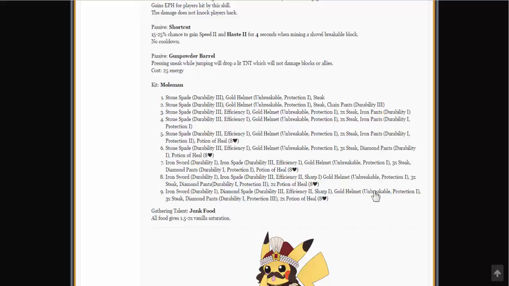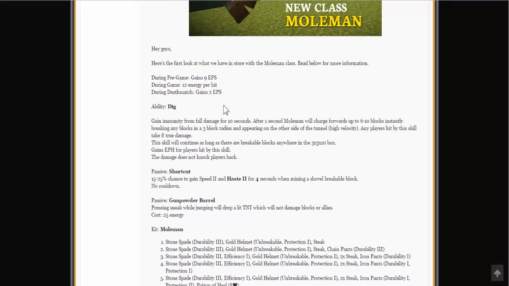Just makes it easier to identify people. And you have diamond pants, durability 1, protection 3, wow. And 2 potions of healing. So Moleman actually doesn't have any speed potions, but I assume that's because of the fact that this ability is